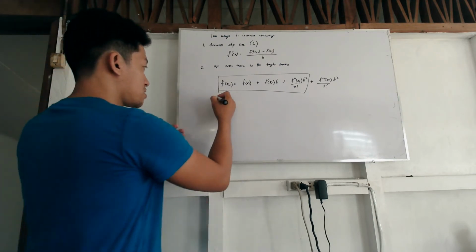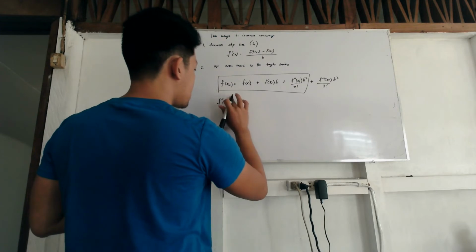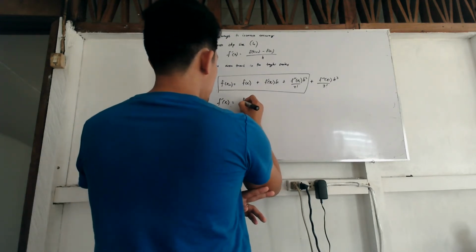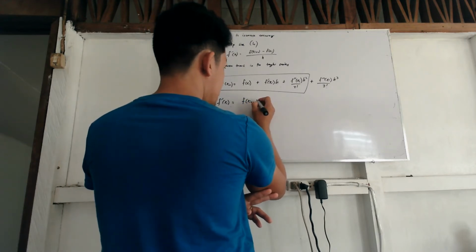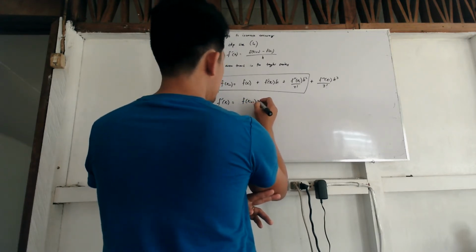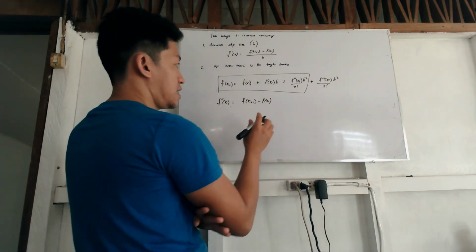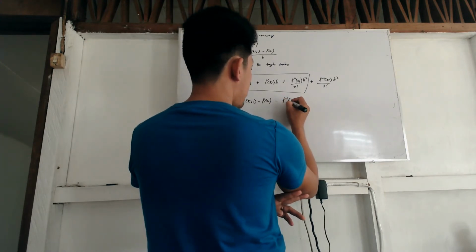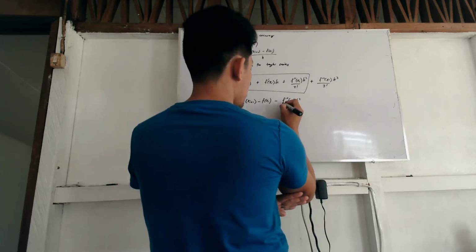So our estimation of the first derivative would be equal to f of xi plus 1 minus f of xi, and then minus f double prime of xi h square over